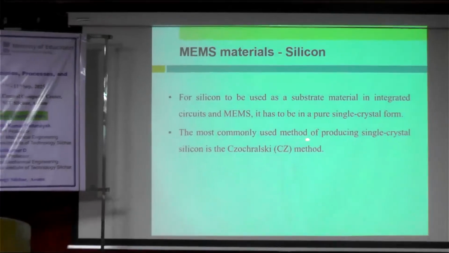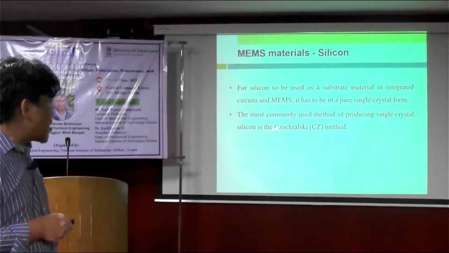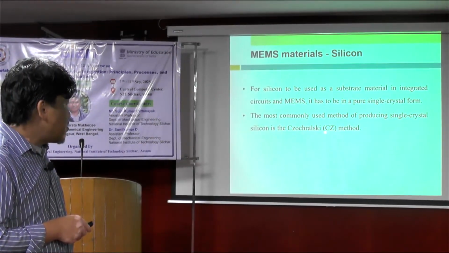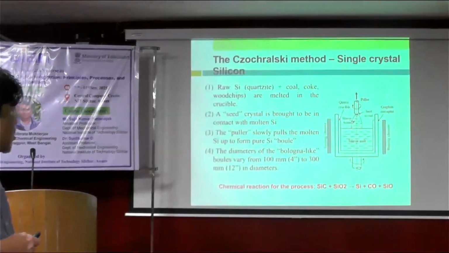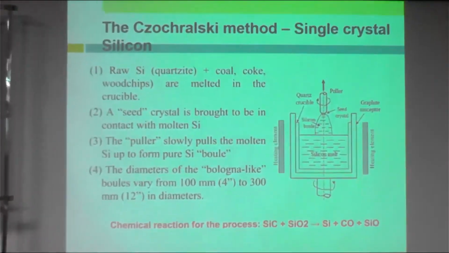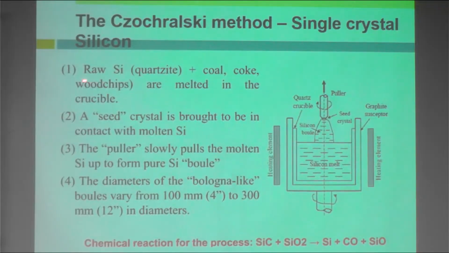The most commonly used method of producing single crystal silicon is the Czochralski, or CZ, method. So this is the process. As I mentioned, silica, quartz plus coal and coke are melted in a crucible. You have this kind of crucible. You melt the sand or quartz here, then put in a seed crystal here. Then you grow the silicon,